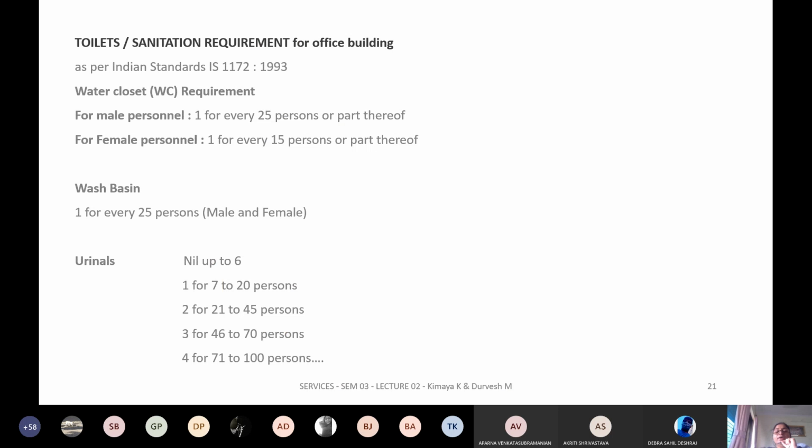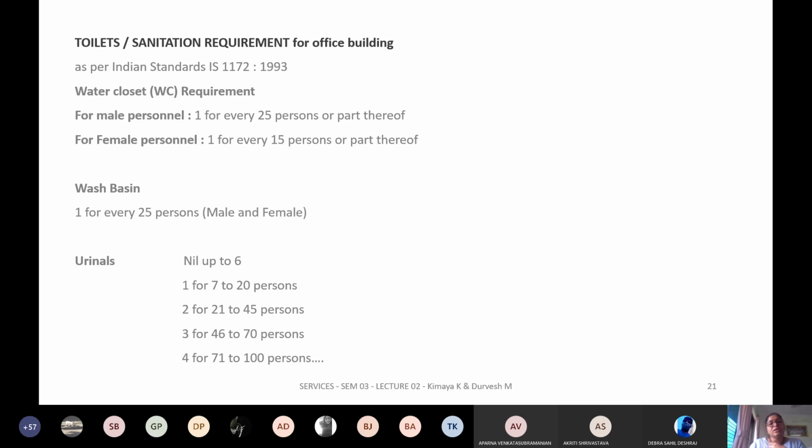Okay. Now, after looking at the residential, it's also important to understand what the different kinds of toilets are and how you calculate them. For residential, it's very simple. You will have bedrooms with inbuilt or attached bathrooms, and you will have a common toilet which is accessed by all. So whenever you have guests, they can access it and don't intrude on your privacy by accessing your bedrooms and the attached toilets.